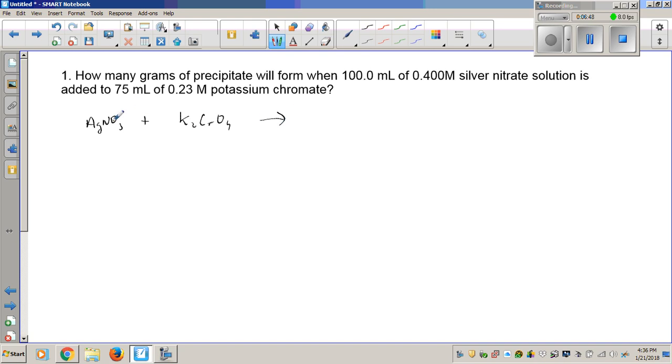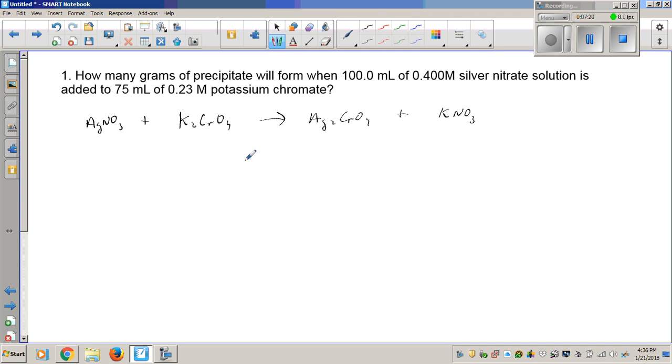We should recognize this is a double replacement reaction because we have two compounds. And so silver is going to go with the chromate. So it's going to be Ag2CrO4 plus KNO3. And because we know our solubility rules, that's CrO4, we should know that chromates are very slightly